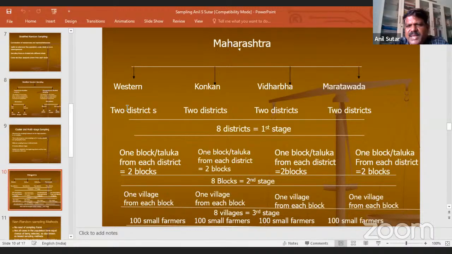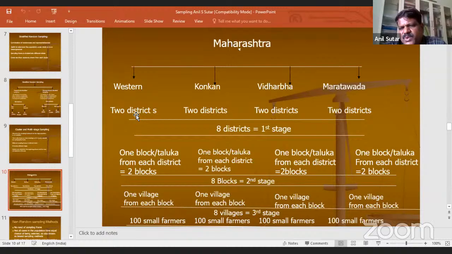Then, a very interesting point you should keep in mind: in cluster and multi-stage sampling, even the principle of randomness is applied. So in Western Maharashtra, there could be around 10-15 districts, and I will randomly select 2 districts without any bias.